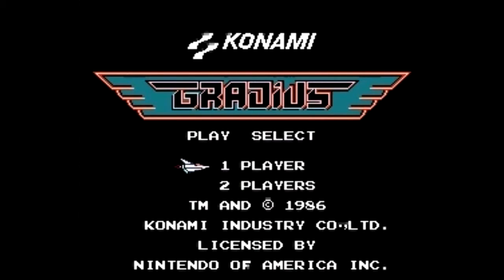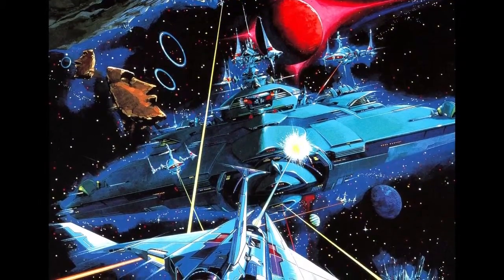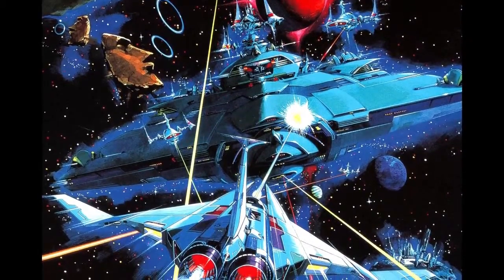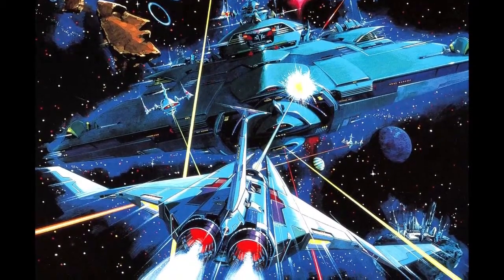So the basic plotline is as follows. It's set on the aforementioned title Earth-like planet, and it's been laid siege upon by the ruthless hordes of a deadly extraterrestrial/amoeboid race known as the Bacterions. Now it's up to the top-notch state-of-the-art technology and arsenal of the Warp Rattler, codenamed Vic Viper,